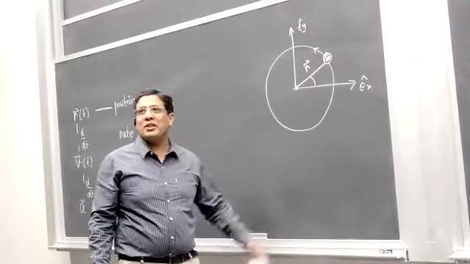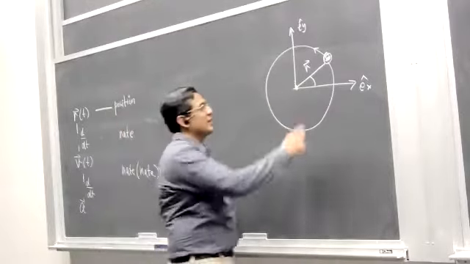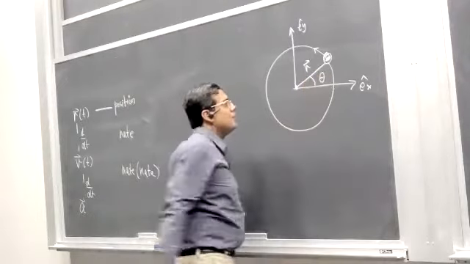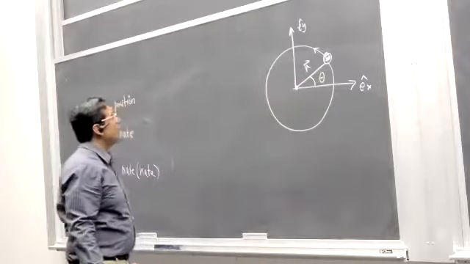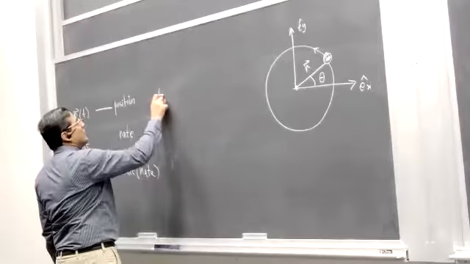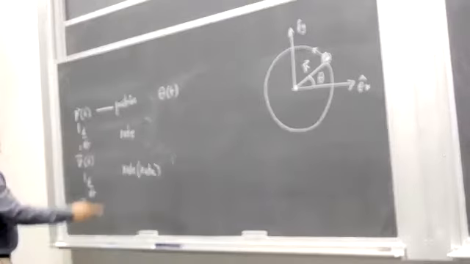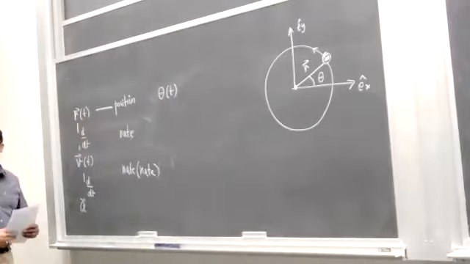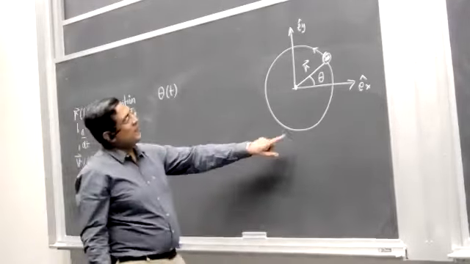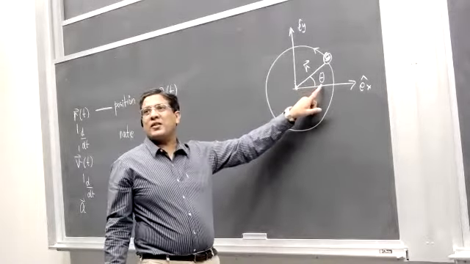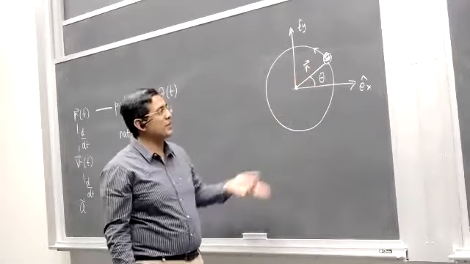So in most books, when you see theta, this theta is defined with respect to the positive x-axis. Now, as the object moves, its theta changes in time. So theta as a function of time can be the equivalent of what R does for translational motion. You see, it represents position. If you know theta as a function of time, you can tell the position of this object at any time. That's what it should mean.